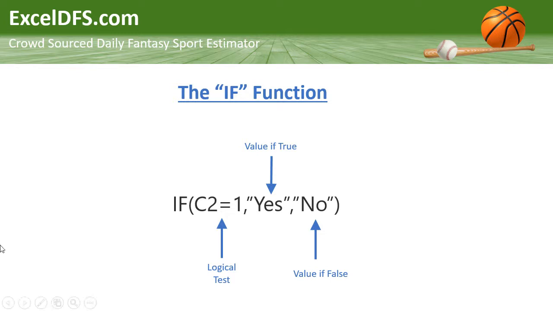What this basically does is it examines a logical test, which is the first parameter, and parameters are separated by commas. If the value is true, it does whatever is here, and if the value is false, it does whatever is here. So just to look at that once again by way of an example,